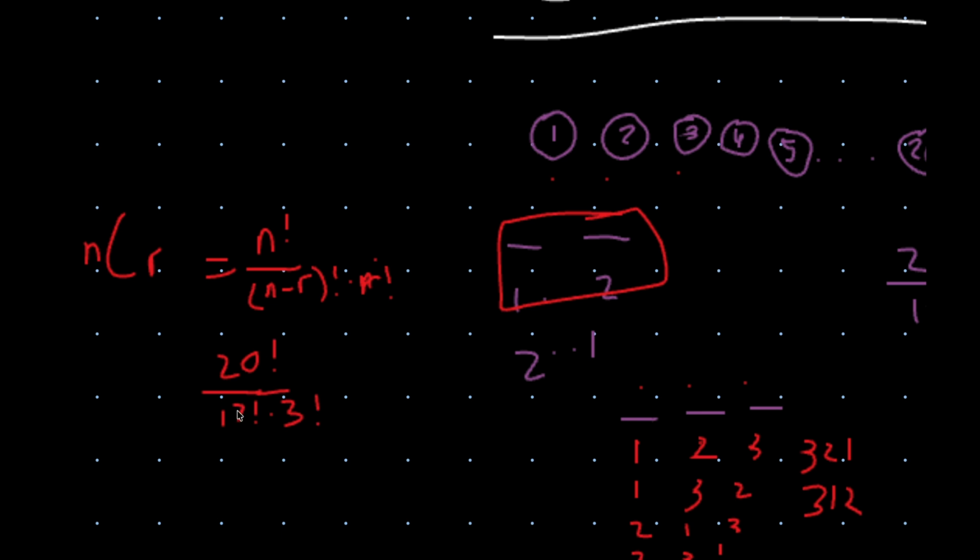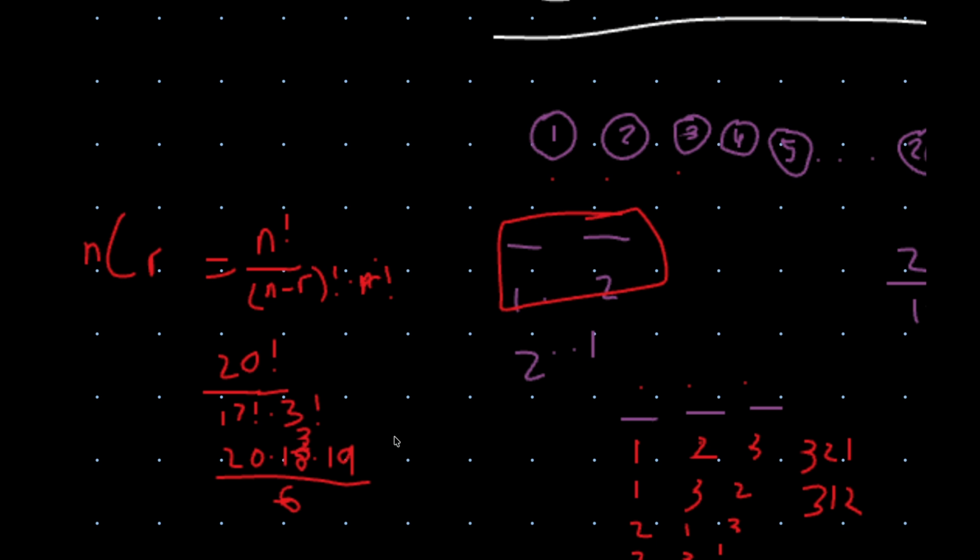So 20 factorial over 17 factorial, that is 20 times 18 times 19 divided by 3 factorial, which is 6. So we can cancel this, this is 3,